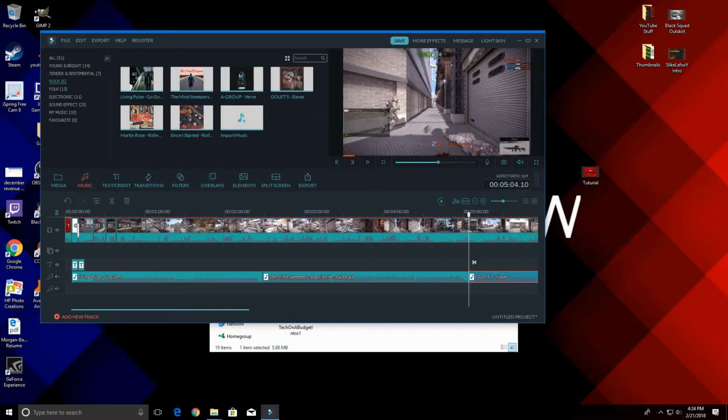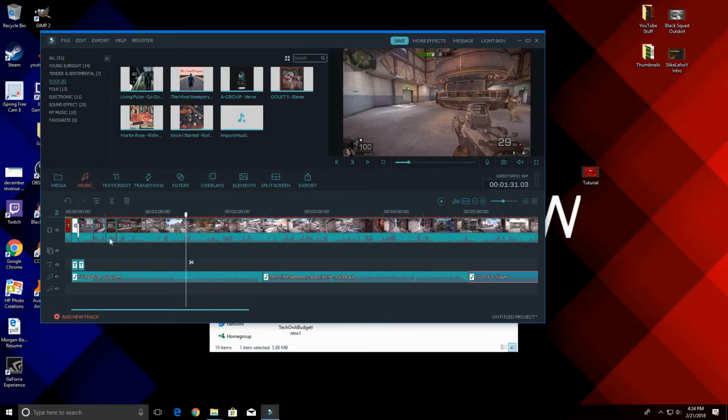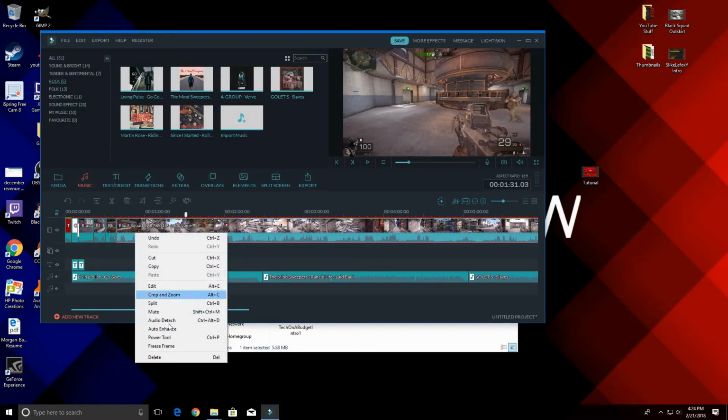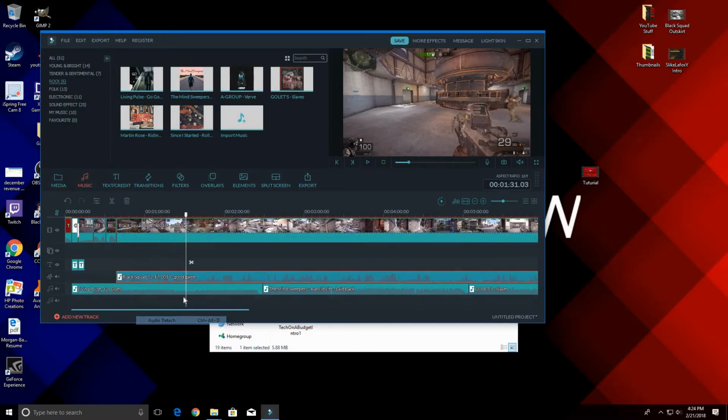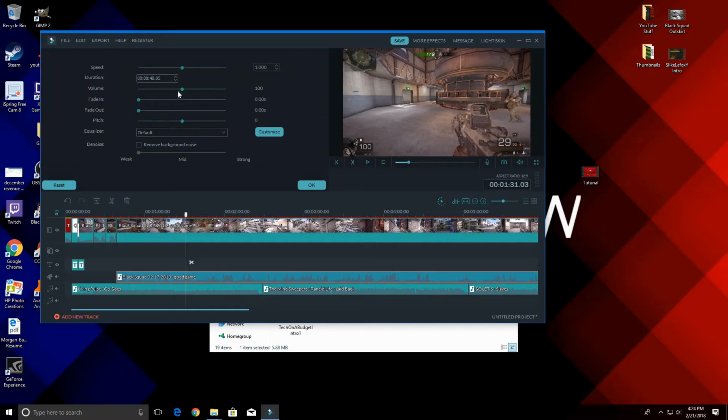And then now music will be playing, and you can actually detach the audio from your original clips by audio detach, and it puts it down here as well. So this is the Black Squad gameplay, and we're going to lower the volume of that to about